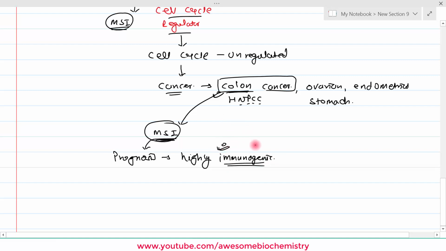So, here we can easily link our biochemistry knowledge to clinical knowledge. How? Microsatellite instability is used for the prognosis, and as it is used for the prognosis, we can use it for the staging of cancer. If microsatellite instability is there, then we can stage it as early cancer. And it also has a role in the treatment, as we had already seen that it is highly immunogenic, so we can give a drug which increases the immunity.